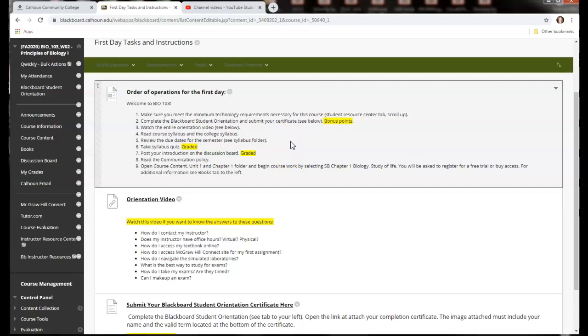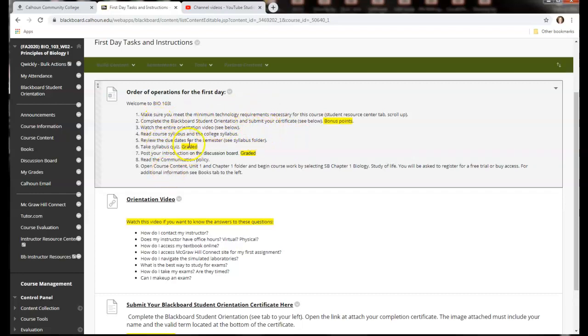One of the things that I'll tell you is that the labs do download a lot of information. So one of the things that I would do before you call IT or ask McGraw-Hill Connect people for help is go to your history, clean out your history, your caches, all your temporary storage, close down Blackboard, close everything down, and then reopen it. I know it sounds silly, but sometimes you'll have trouble with a lab loading. You do that, and then everything's fine. But really check out those minimum technology requirements so we don't have any problems down the road.